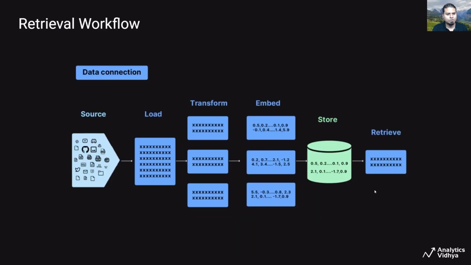Let's get started. So this is a standard retrieval workflow, which is typically the first step of building a retrieval augmented generation, a RAG system. Here we will be focusing on the retrieval aspect of the RAG system. Now, in a typical retrieval workflow, you connect to a certain data source that could include the internet or a database. You source the data, which could be PDFs, text documents, JSON documents, and so on. You use a relevant data loader to load the data from these data sources and convert it into relevant text